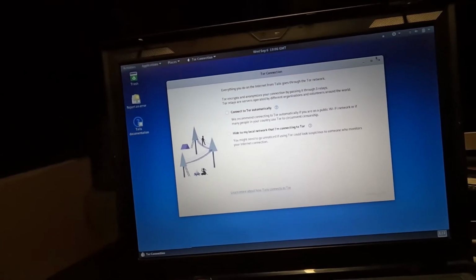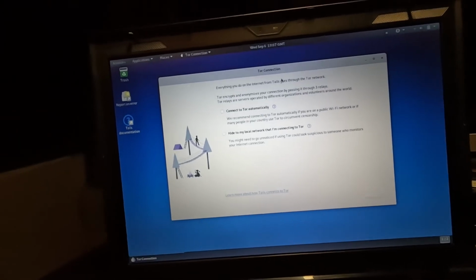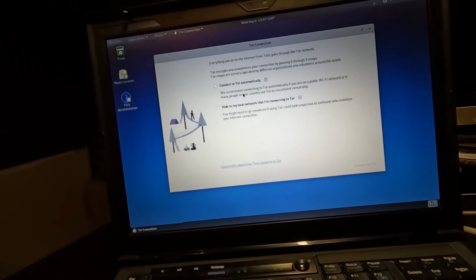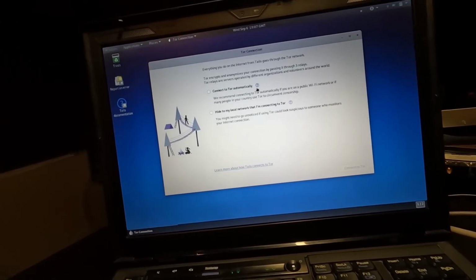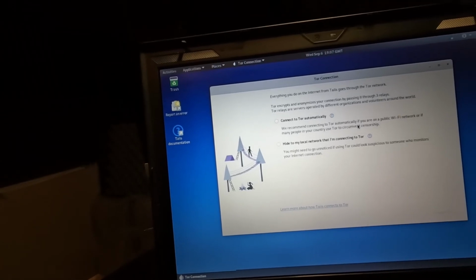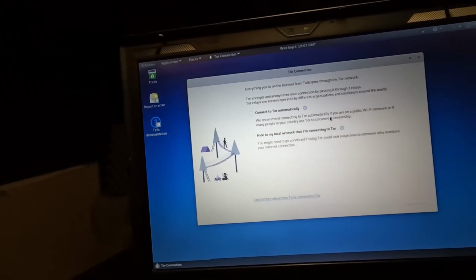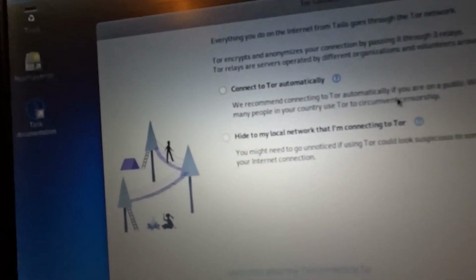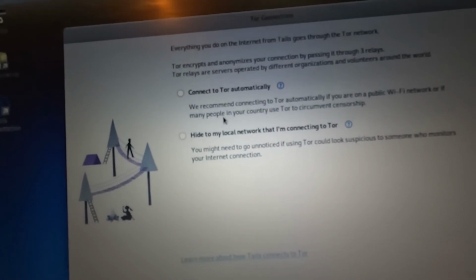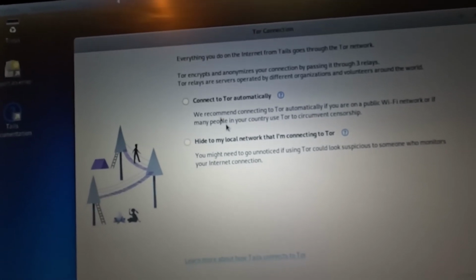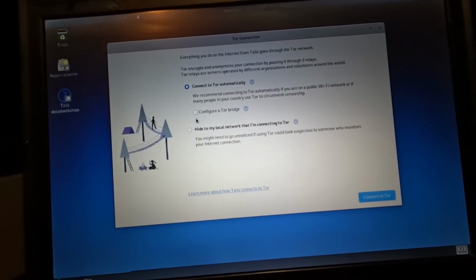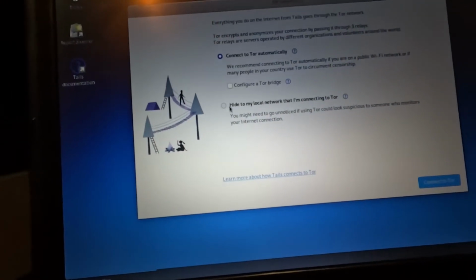Okay, so now I'm connected to Wi-Fi and this Tor connection comes up. So this is another thing that you might diverge from depending on your requirements. You know, it tells you right here, if you're in a country where a lot of people use Tor to circumvent censorship and it's not really going to make you stick out, then you can just connect to Tor automatically. And then you also have the option to configure a bridge here if you want,